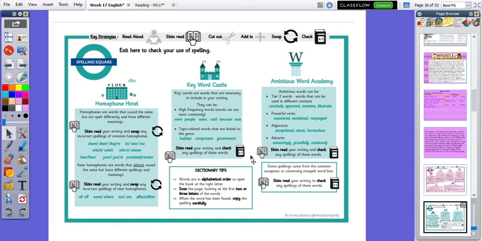And I just want to remind you that it is okay to magpie, but you need to be making sure you are doing your own writing. Yesterday we had a few people who had just copied the model from the flip chart, which again, it's okay to magpie, but not to copy.